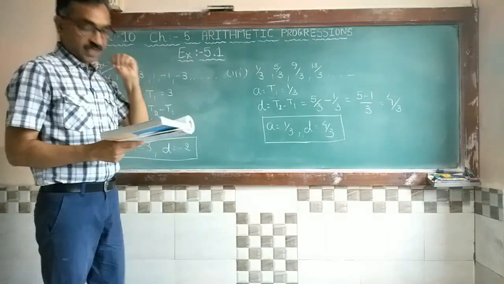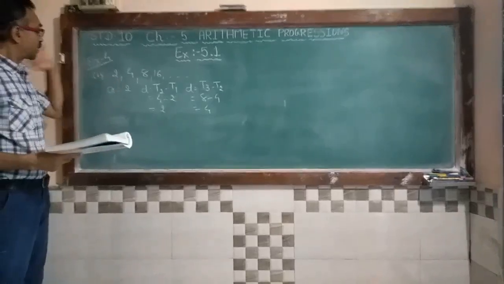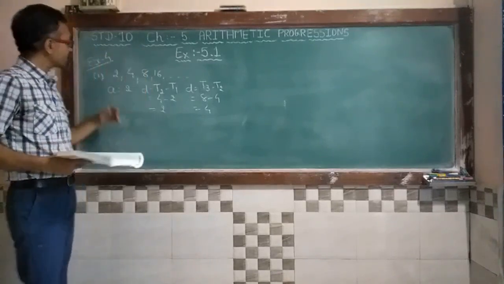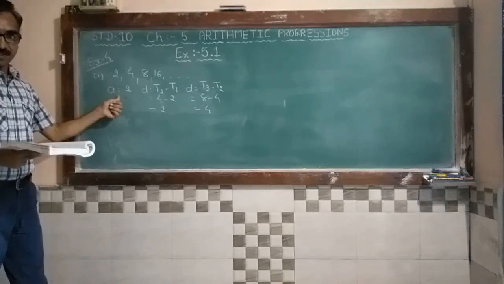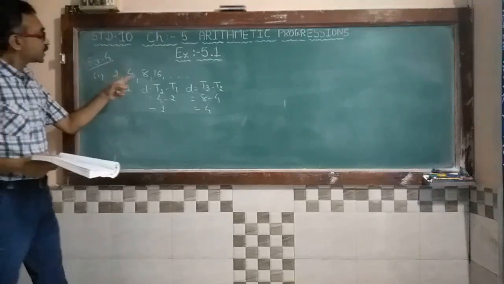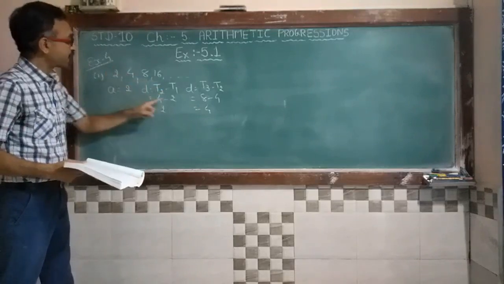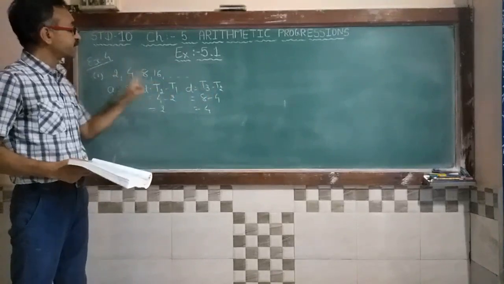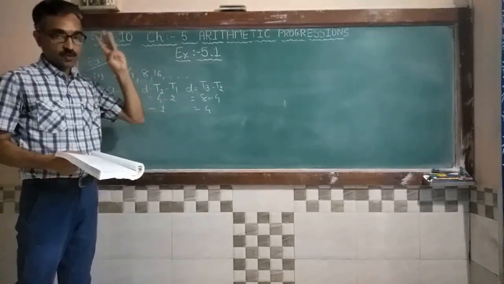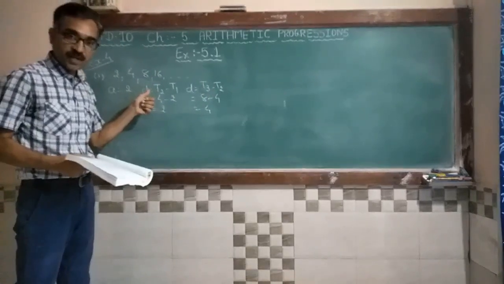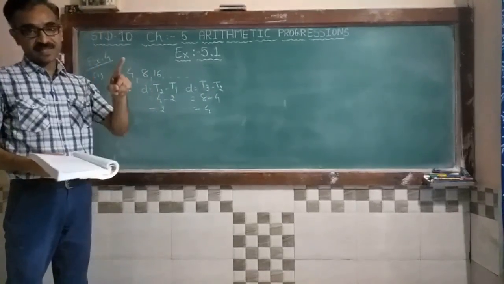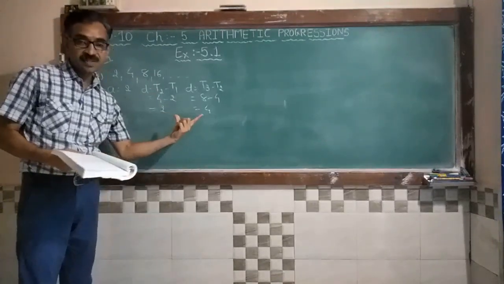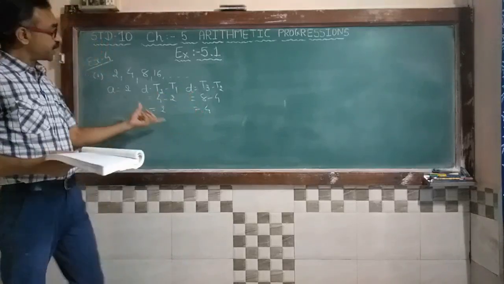In the fourth example, the first one is 2, 4, 8, 16 and so on. First term A is 2, or you can say T1 is equal to 2. Common difference T2 minus T1, 4 minus 2, that is 2. Again D is equal to T3 minus T2, that means 8 minus 4, that is 4. We have to check 2 or 3 times to find out the D. If D is common, then we can say that this makes an AP. So here D is not the same, that means this is not a proper AP.